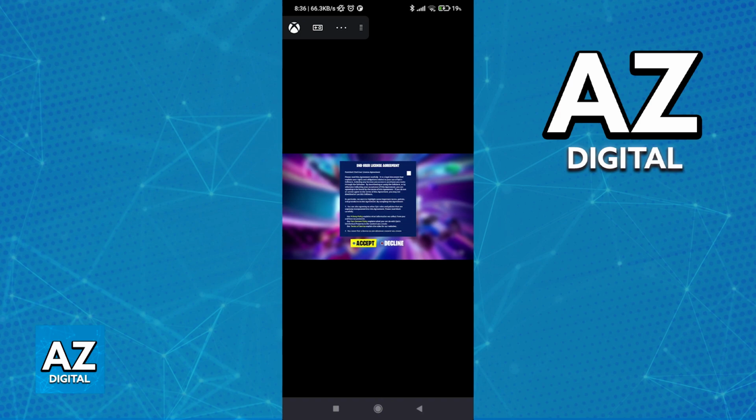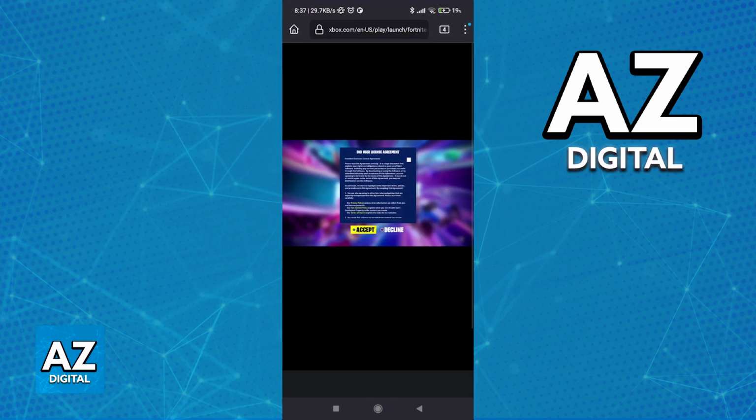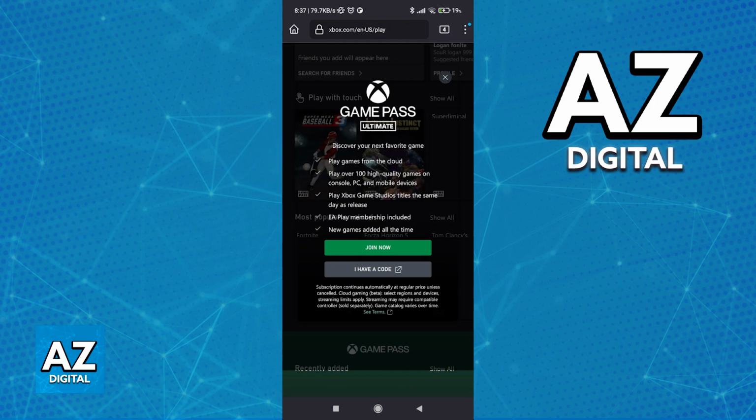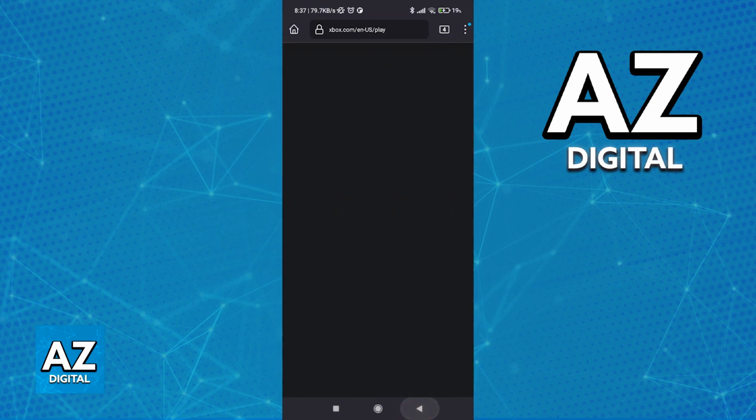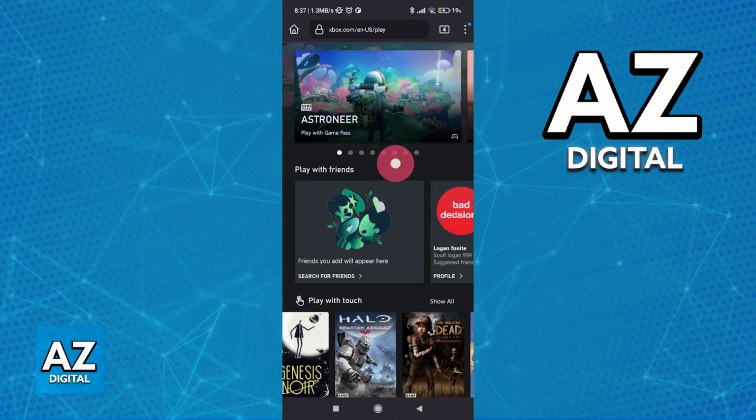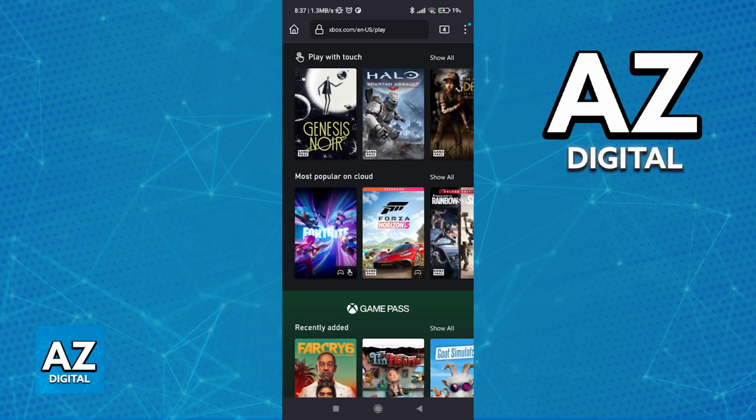So, as you can see, I am running Fortnite on cloud gaming. For me, it is working properly, and if you are having trouble running the service, I'm gonna show some steps that you can follow. So I'm just gonna exit full screen and go back to the Fortnite page where I can see Xbox Cloud Gaming and all of the options that they have available here to play.